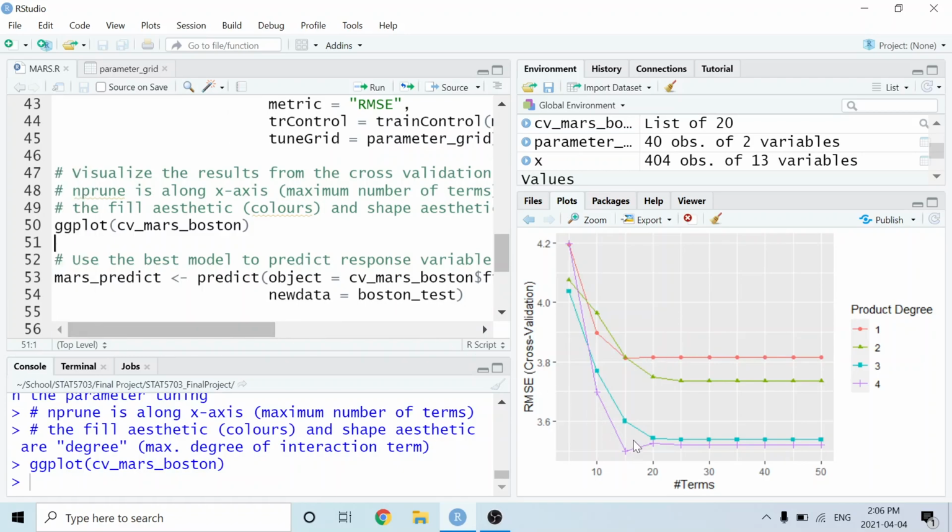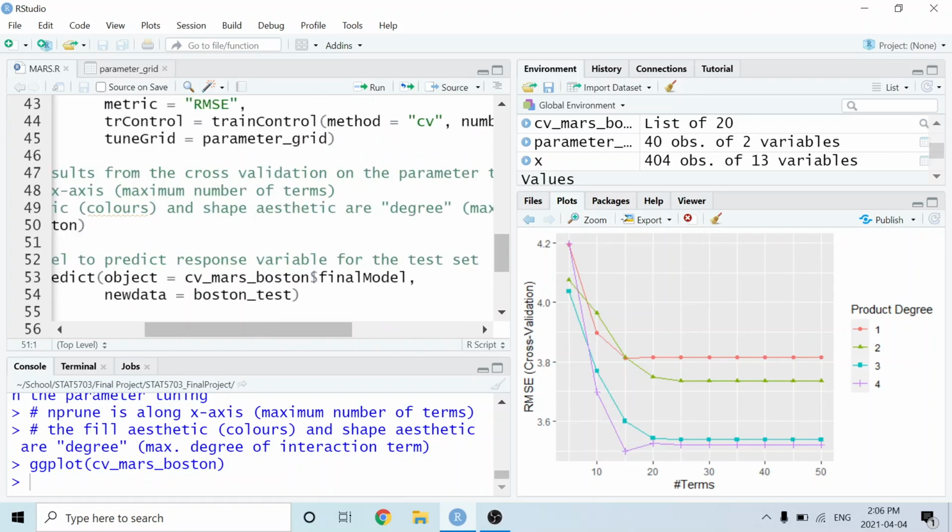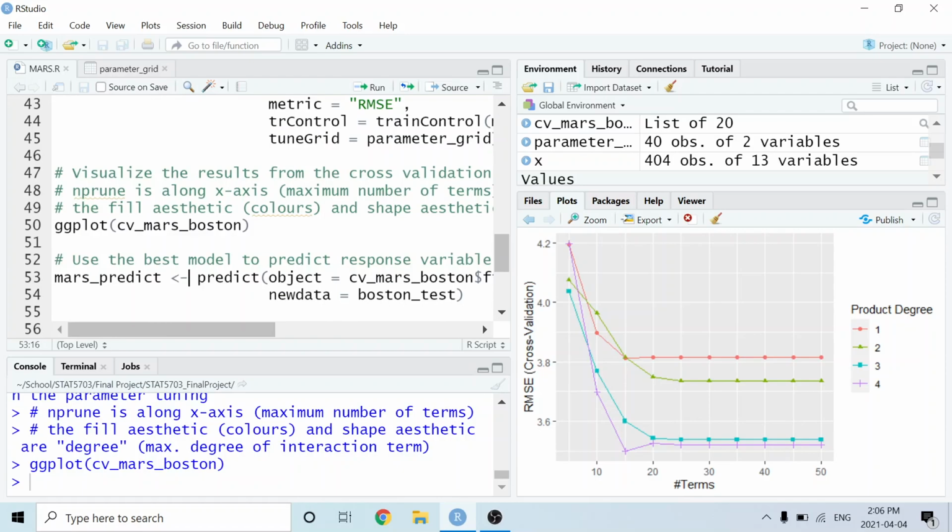So now if we want to extract that optimal model, the best one out of the 40 that we trained, that's going to be contained in the object that we created under the element called finalModel. Then we can use that model the same way that we would use any other models in R. So for example, we can use the predict function. So let's say now that we have this trained model, we want to use it to predict the response variable on our reserved test set that we created earlier.